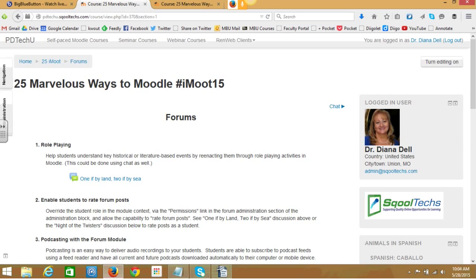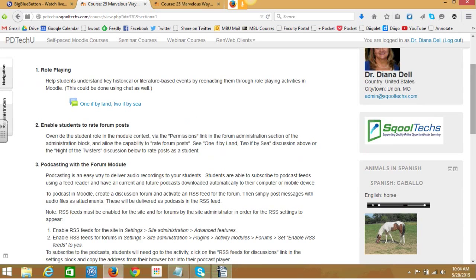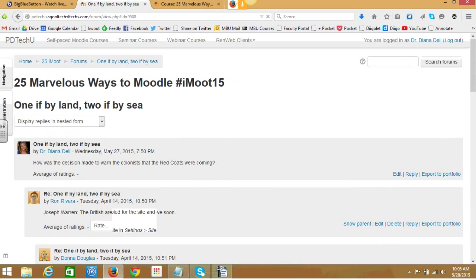First, you're going to see that the forum can be used for role playing. Very simple. This could be used in history type classes, literature-based classes, and allow students to assume a role of a person or a character that's being studied and have them reenact a situation either in the book or in history. So if we look at 1 if by land, 2 if by sea,